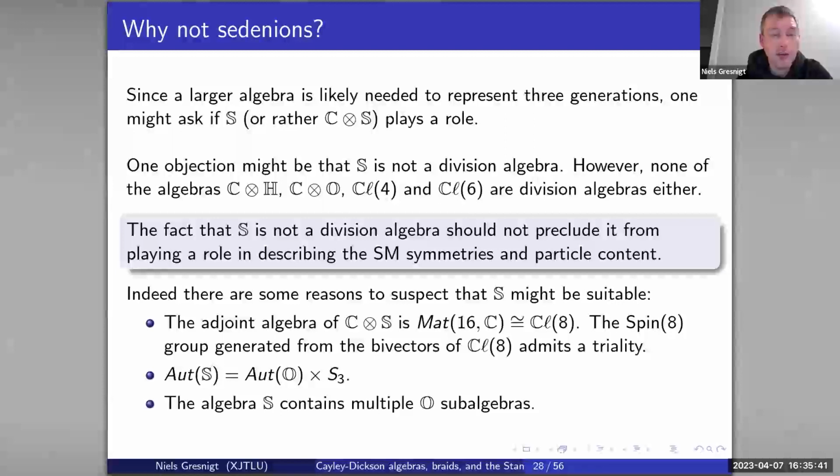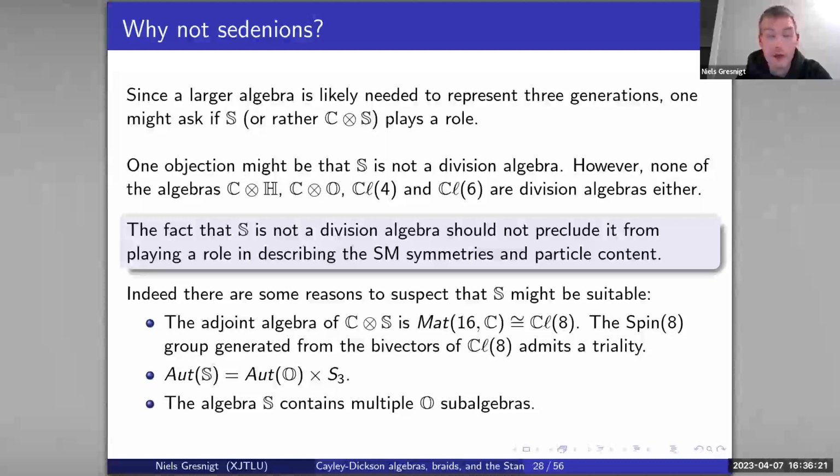And in fact, once I started studying the Sedenions a bit more, I realized they had a few nice properties that I thought make them quite a natural candidate to try and describe 3 generations. Now, one is that if you look at the adjoint algebra, so the algebra that you generate from the left or from the right actions, like we did before, then you're going to get the complex Clifford algebra CL8, and the spin group Spin(8) associated with that Clifford algebra admits a triality automorphism. And several people have considered triality in relation to 3 generations. For example, also if you look at the exceptional Jordan algebra.